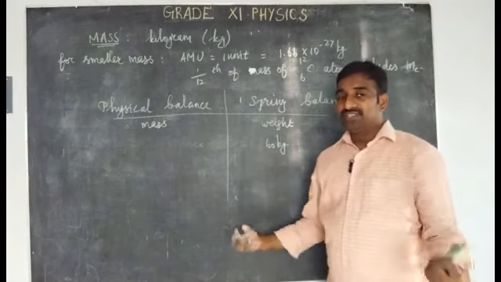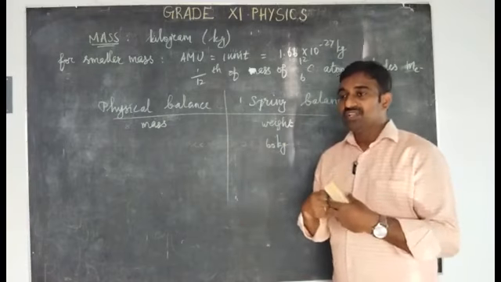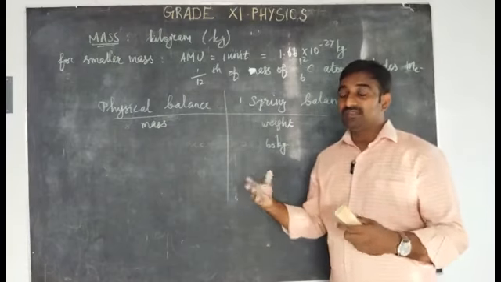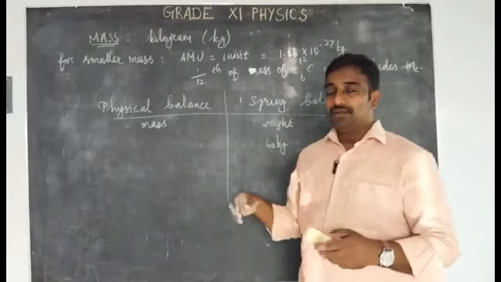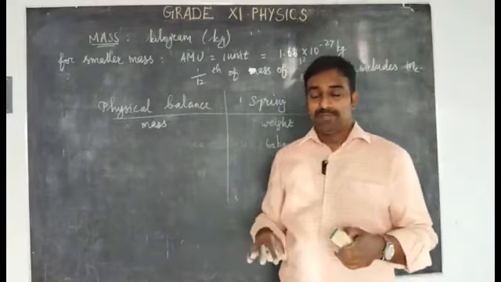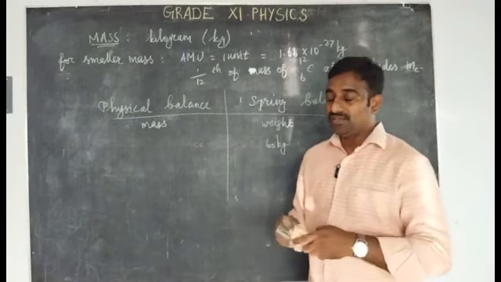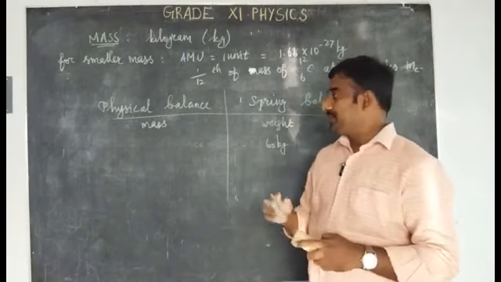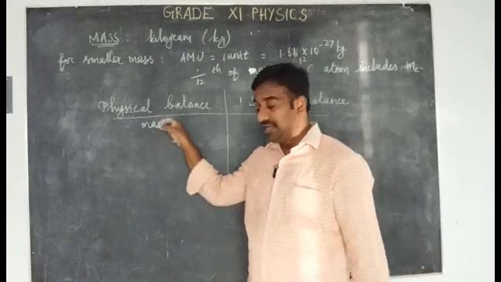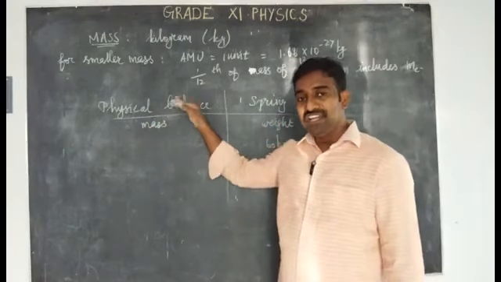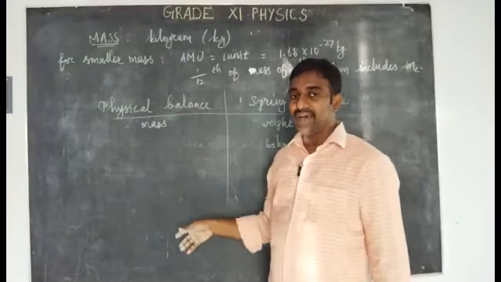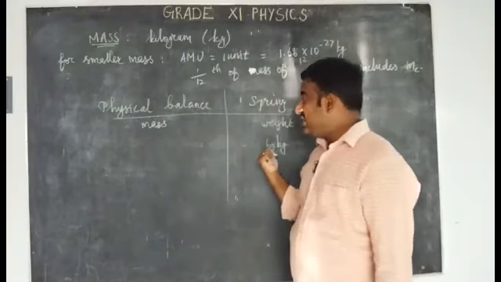That's why astronauts wear heavy suits, space suits. Then only they are able to walk, or otherwise they may float. The heavy suits also help the body overcome pressure variations. That's why they wear thick space suits. But mass is nothing but the amount of matter contained in it. It remains the same. Even if you go to the moon, you will be you, your physical structure does not change. But your weight varies.